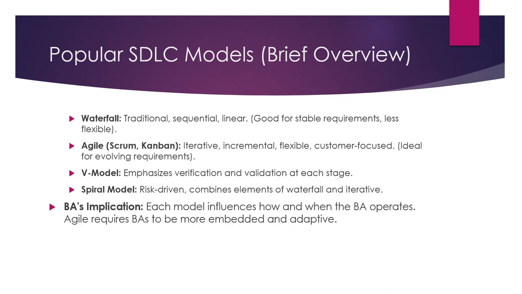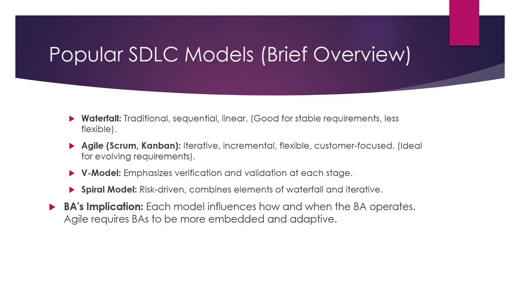If the requirement is incomplete, the business knows what they want to build only as some ideas and thoughts, and they want to build the product on that idea. Once they get the product checked, they give us feedback, and then the product is built. In that case, we use agile. Then there is the V model, which emphasizes verification and validation at every stage. We complete one stage and do verification and validation in each stage. Then the spiral model, where requirement gathering, requirement analysis, design, development, coding, testing, and feedback all happen in a spiral way,